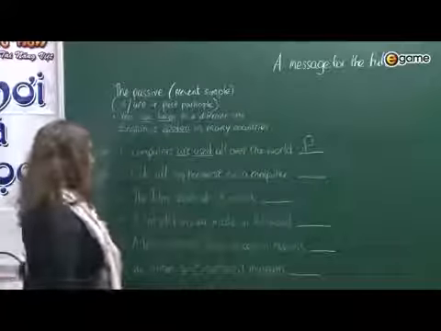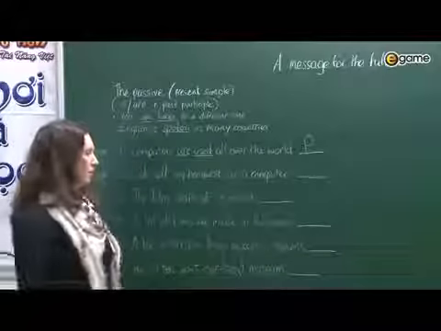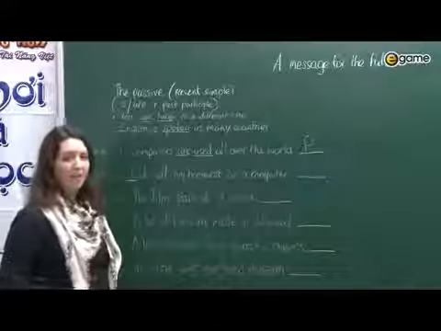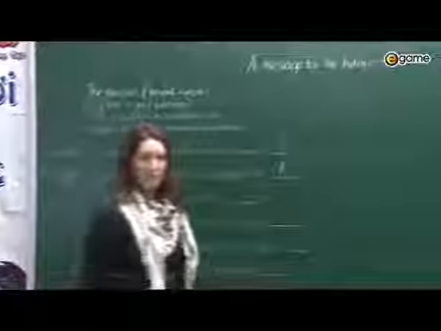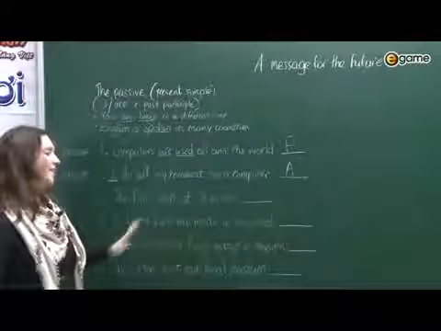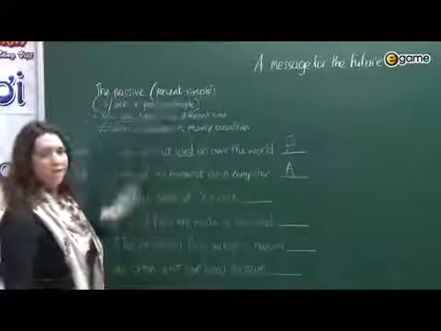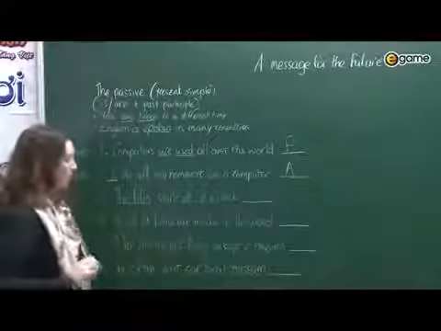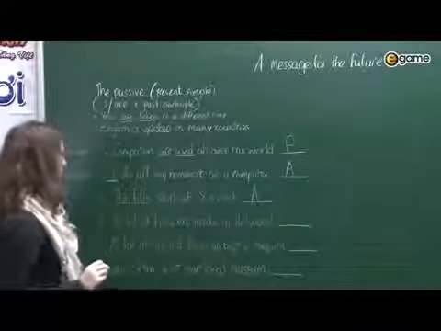Number 2, I do all my homework on a computer. So it's not a general statement, and we do know the subject, I. This one is active. Number 3, the film starts at 8 o'clock. Okay, so we can't see this structure, and we know the subject, the film. It's active. Number 4, a lot of films